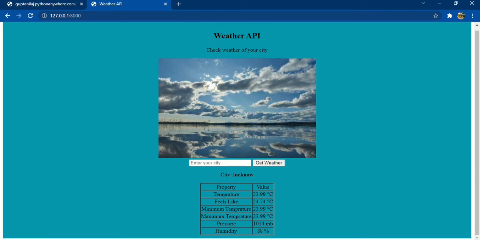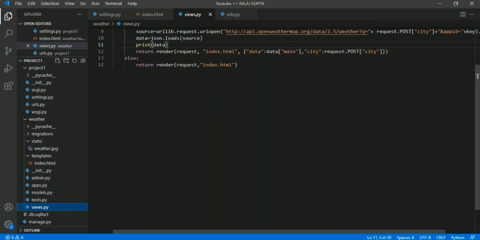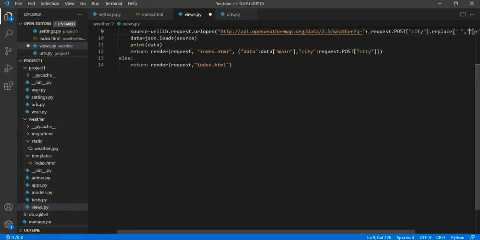So for that, at the name of the city you have to add replace, and replace white space with plus.